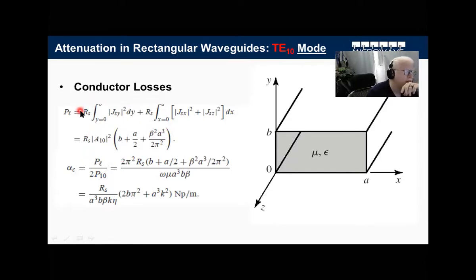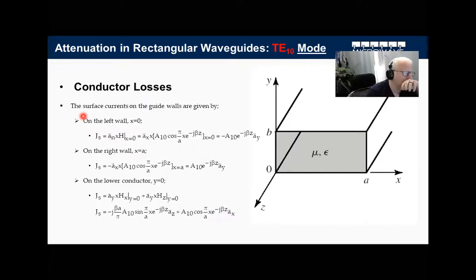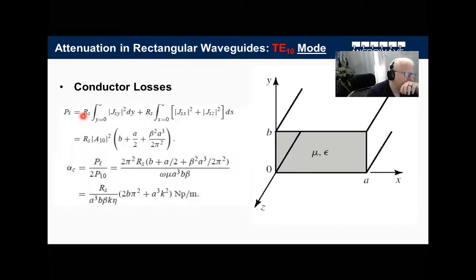That's why here you can see that the 2 disappears. This is simply because you have inner faces and outer faces. So after calculating the power losses, you multiply by 2, so you can include the inner faces and the outer faces losses. And finally, we calculate here alpha C, or we call it C here because this is the conductor